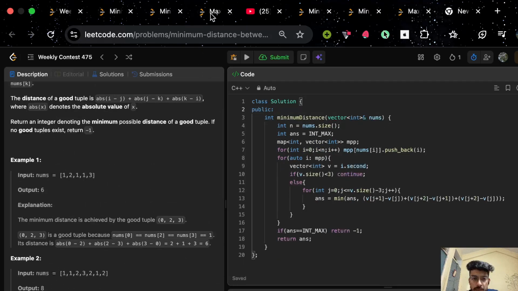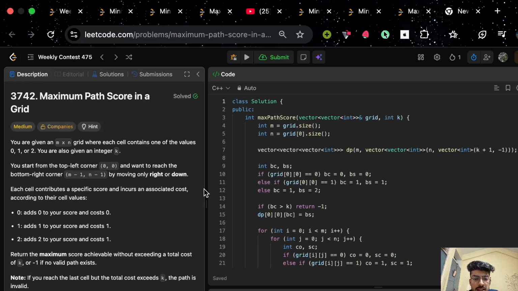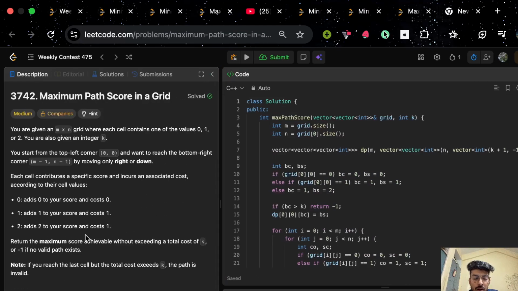Let's move to the third problem. So it is a standard grid problem, a DP on grids problem. So let's read the problem first. Maximum path score in a grid. You are given